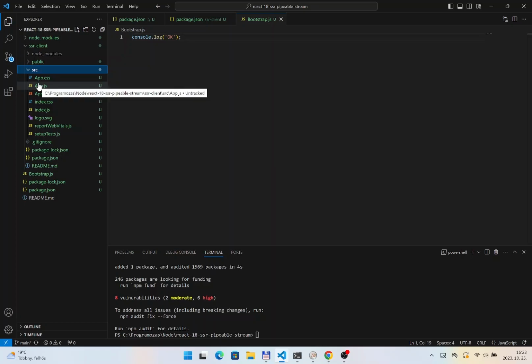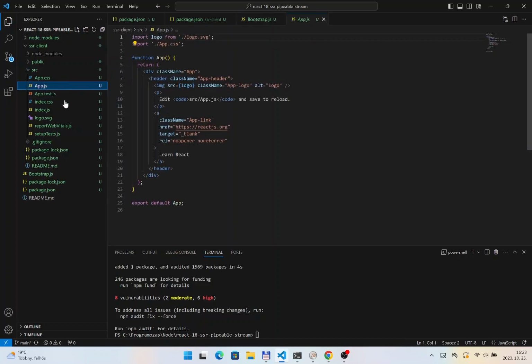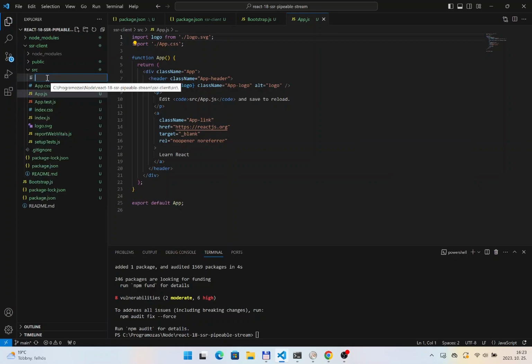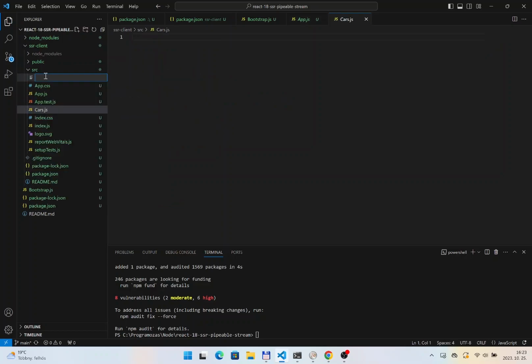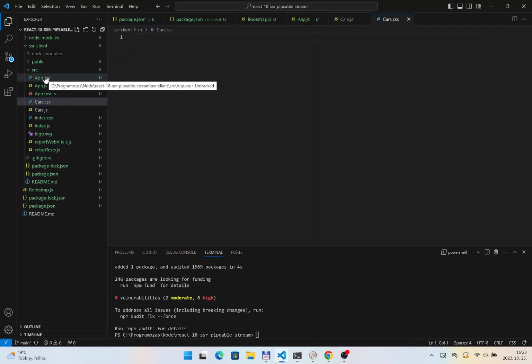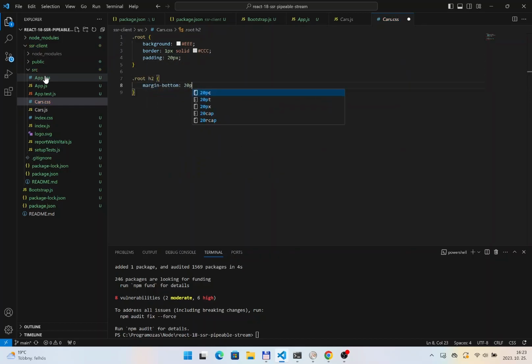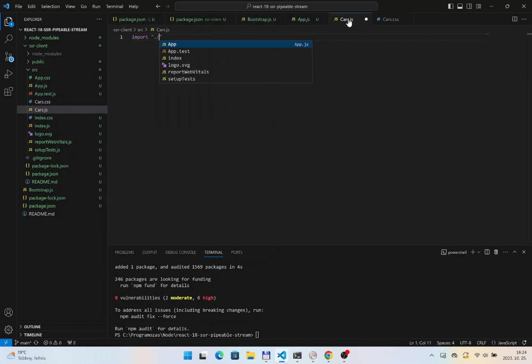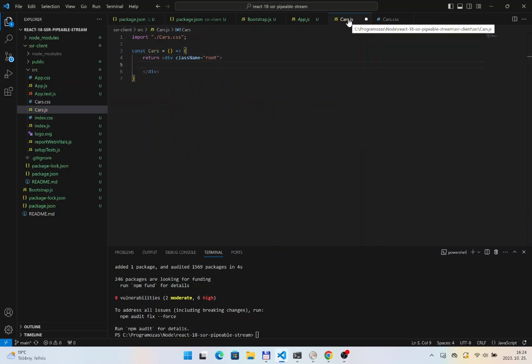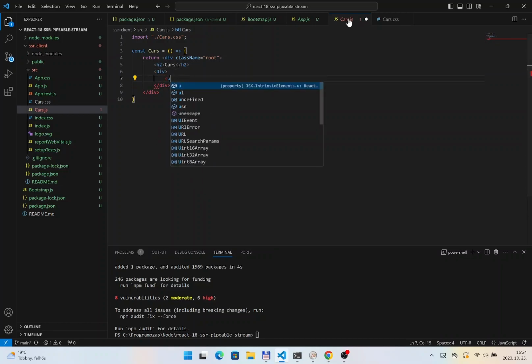Now please open the React App.js file. We will prepare our React application now, the client-side application. So the first thing is to create a new file named cars.js. Inside this JS file we will have the Cars component, and also create the CSS file for it. We are defining a simple CSS for the root, and we will have an h2 definition here. Inside the JS file we are importing the CSS, and we are creating a div with the root class and also a car list